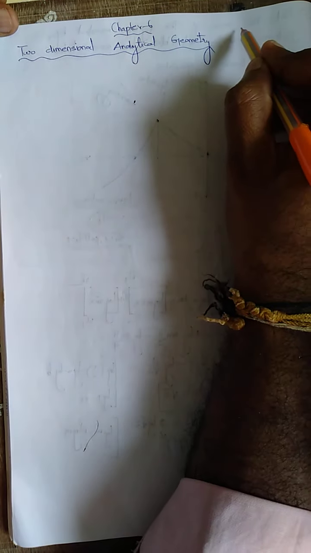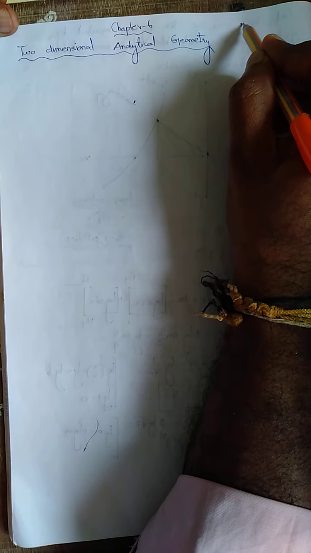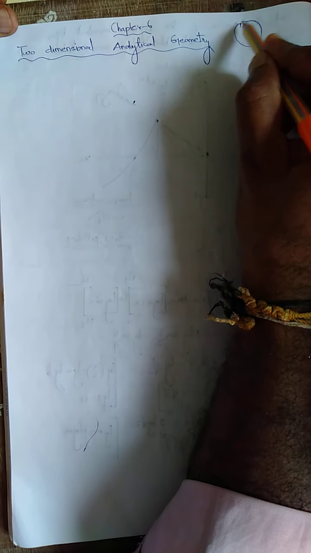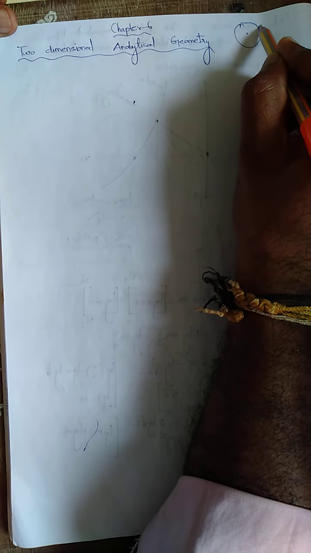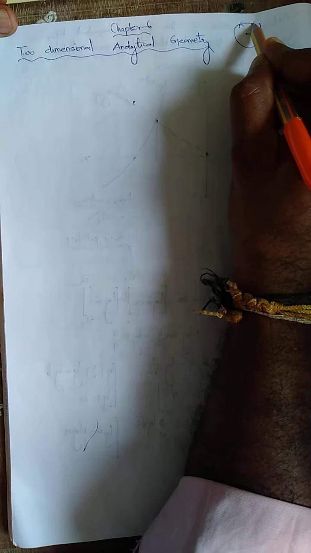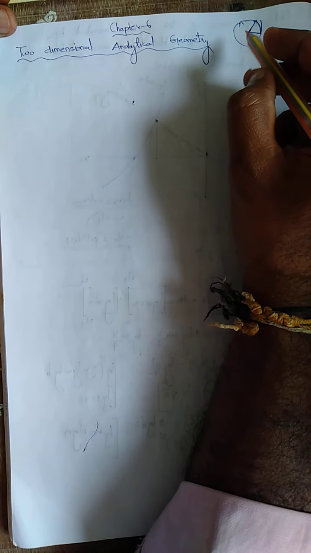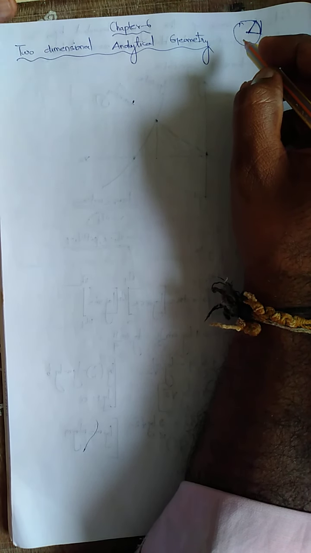The locus of a point is nothing but a point which moves at a certain distance. For example, this is a circle and this is the center. If the point moves from here to here, the distance stays the same. The distance will not change. So using this, we are going to solve a few sums.